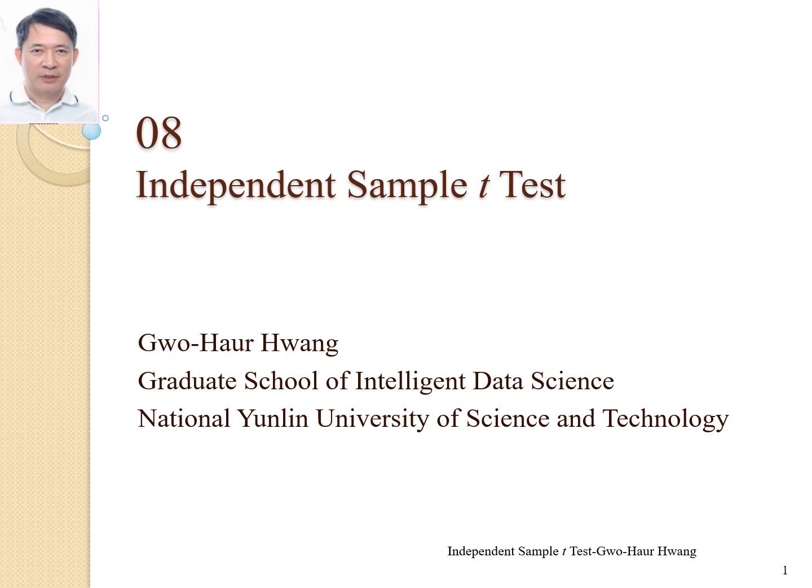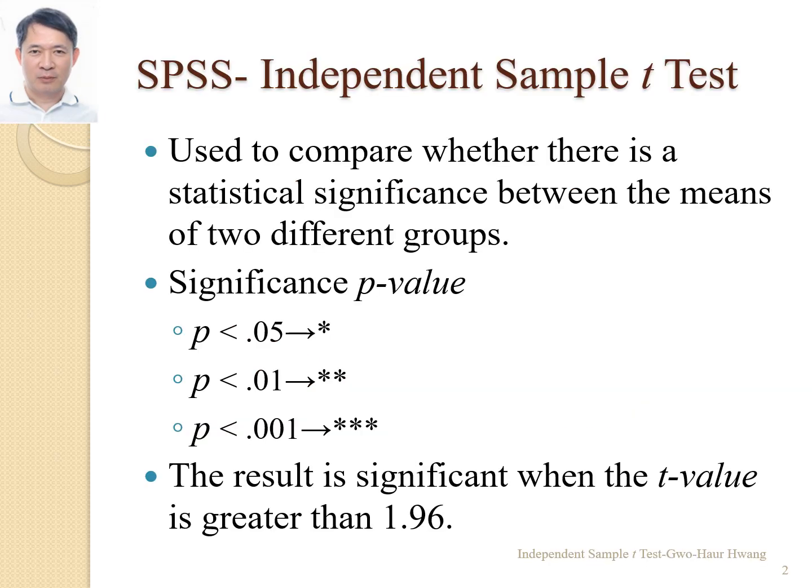Today, I'm going to introduce to you Unit 8, Independent Sample T-Test. When do we use Independent Sample T-Test? It's used to compare whether there is a statistical significance between the means of two different groups. For example, we might want to compare the heights of males and females to see whether there is a statistical